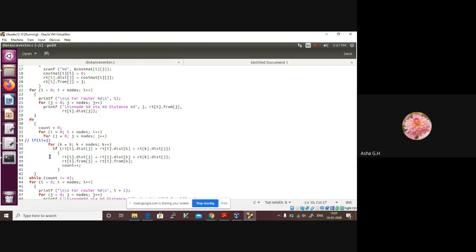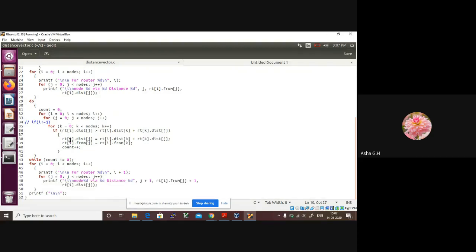There are possibilities of having multiple paths to reach one destination, but we have to write our algorithm in such a way that it always takes the path with the least cost. So now these 3 for loops will make that possible. We have 3 variables, variable I, variable J and variable K. I is the first outer loop, J is the second loop, and K is the inner loop.